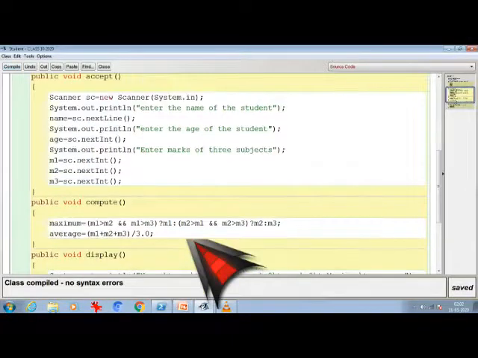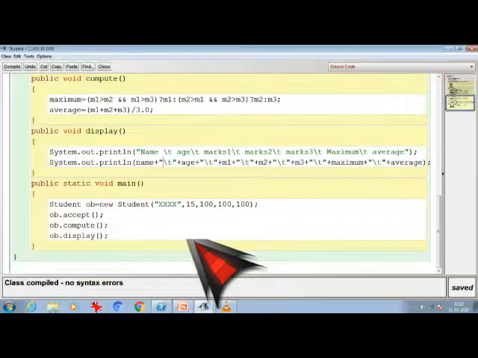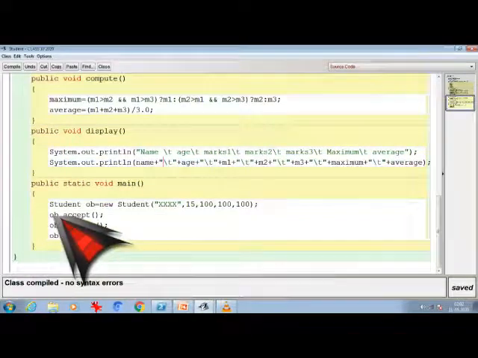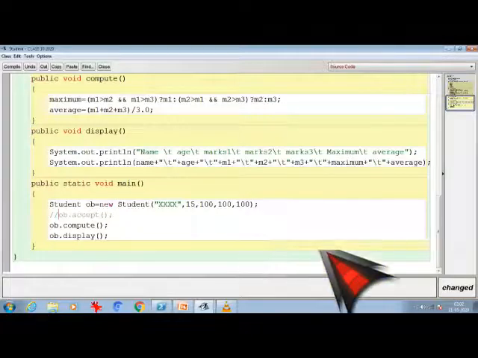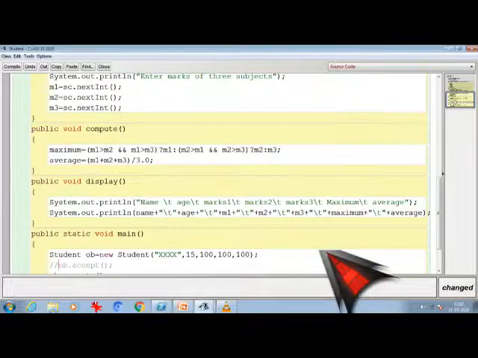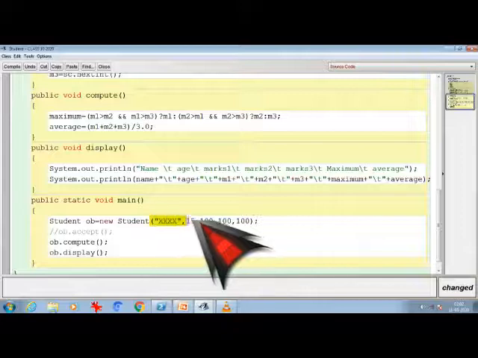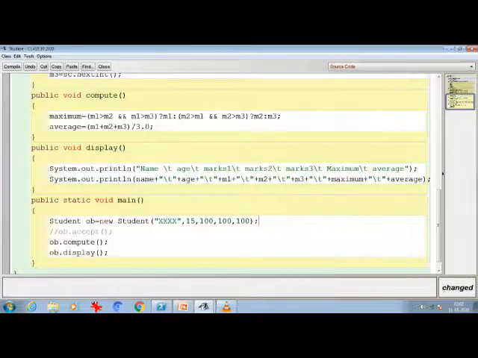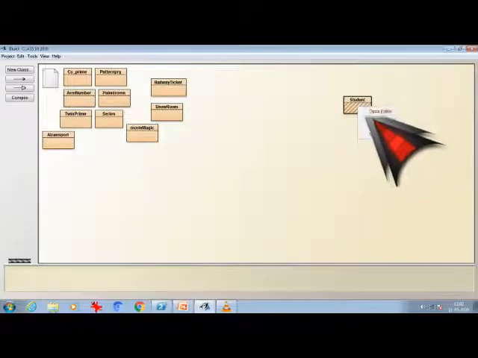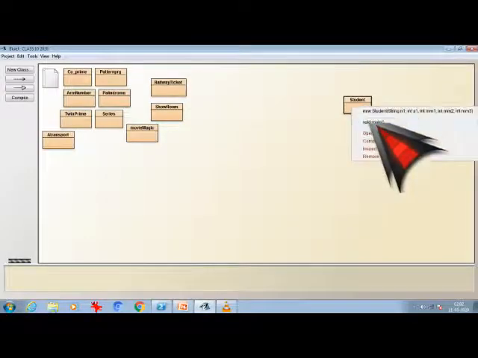Now the first thing that I want to show you is what will happen if I don't go for ob.accept. The program needs to work on the basis of the data that I have sent over here. So let's run the program. We are not going to accept anything from the user.